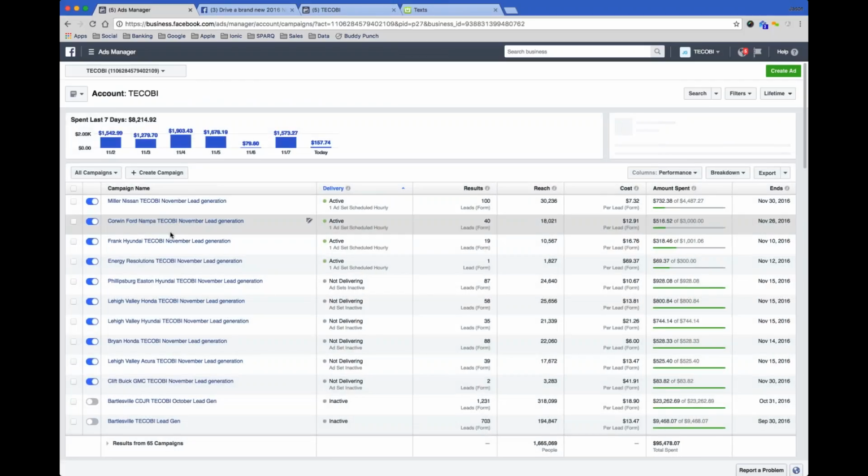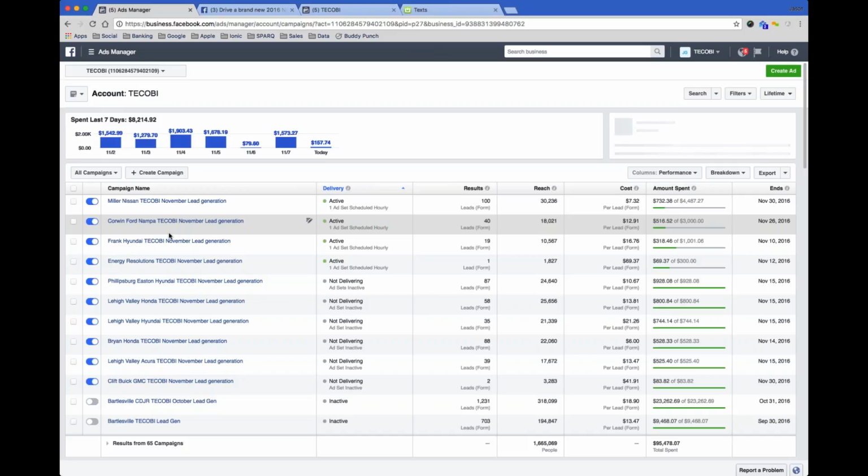On the new car side of things, and this is brand new for this type of volume of leads, so we're still trying to analyze it, but I'm seeing anywhere from 12 to 15, 20, $25 a lead. Even at the 25, let's say you're at the top of that scale and you're pushing $25 a lead, it's still a lot cheaper than any other lead source that's out there right now.